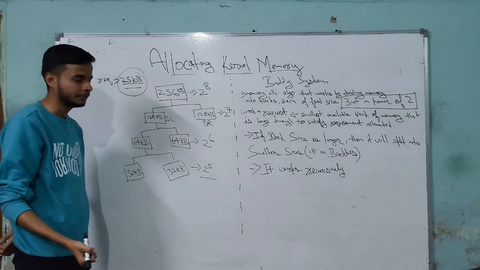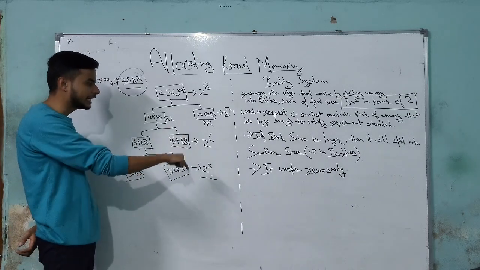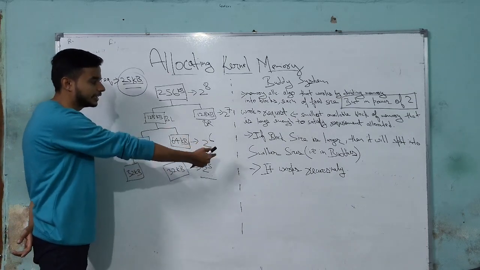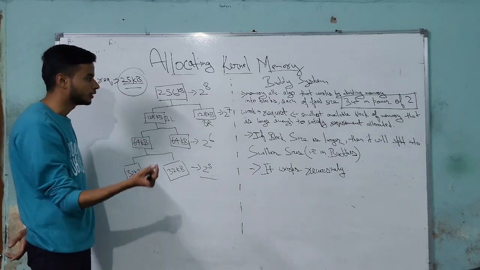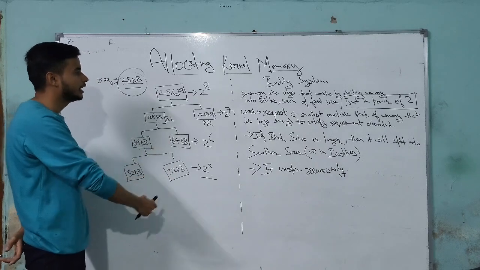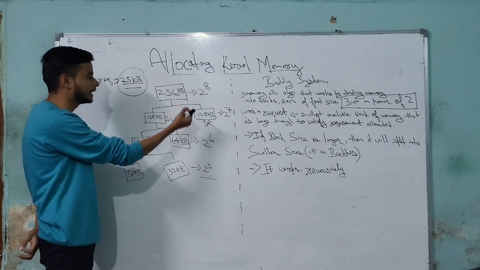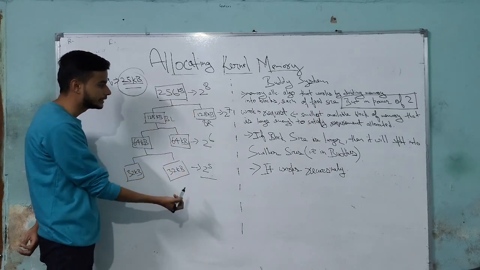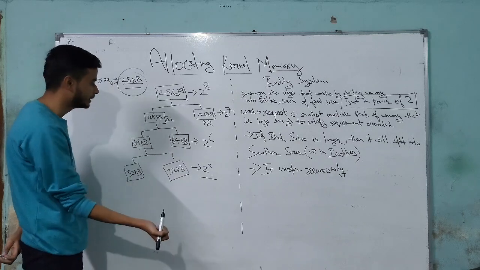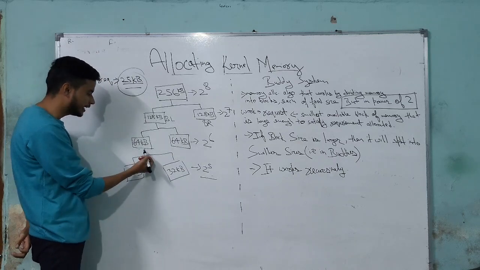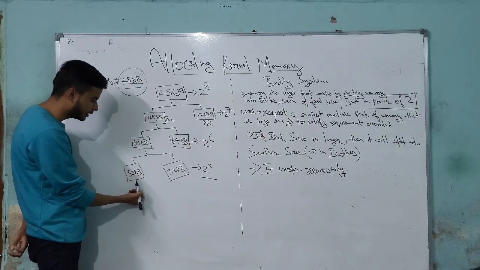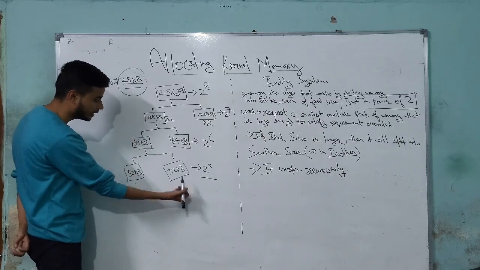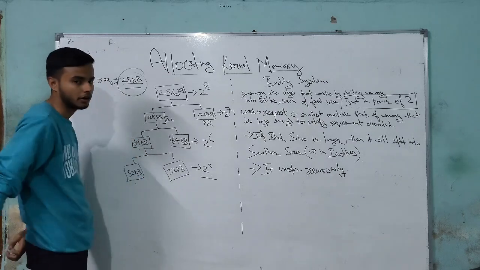KB and 64 KB blocks, which is again 2 to the power 6, which is a power of 2. So here, as we have seen earlier, the memory blocks are in sizes of powers of 2. This is the most important thing in the buddy system. Again we can see that the 64 KB is divided into two buddies, 32 KB and 32 KB, which is 2 to the power of 5.